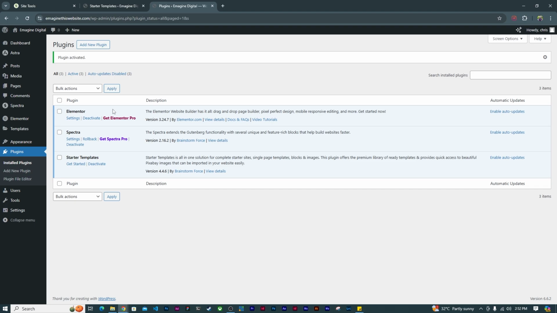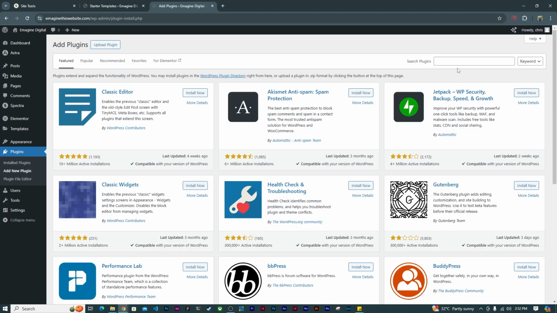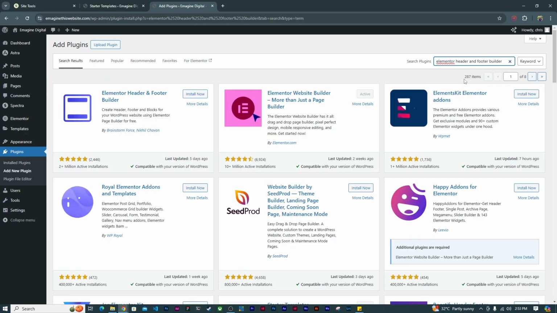Another very important plugin that you need to install that works with Elementor is called Elementor Header and Footer. What this will allow you to do is to create customized header and footer for your websites using the free version of Elementor. So go back to add new plugin, then search for Elementor Header and Footer Builder. Then select install now